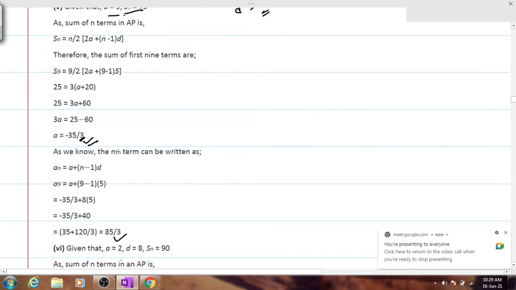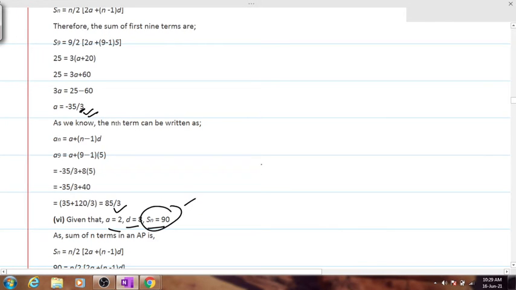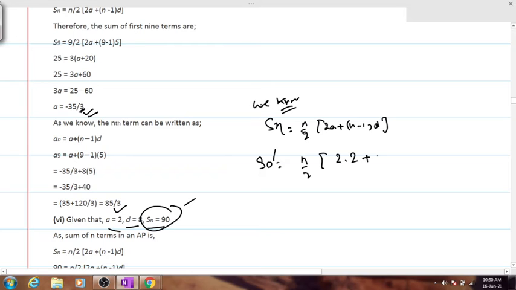So in the sixth one, A has been given, D has been given, and you have to calculate the value for N. Can we calculate? This is easier than the previous two. Just substitute in the formula for Sn. Sn formula: 90 is equal to n by 2, and, given, obviously needs to be written in every question, 2a plus (n minus 1) into d. Sn is 90. Leave n like this, 2 into 2 plus (n minus 1) as it is, and then d's value is 8. Tell me the value for n now. Hurry up.